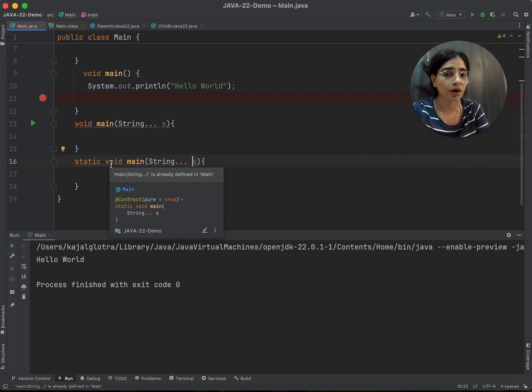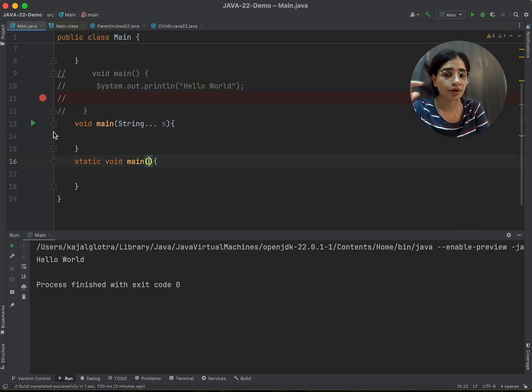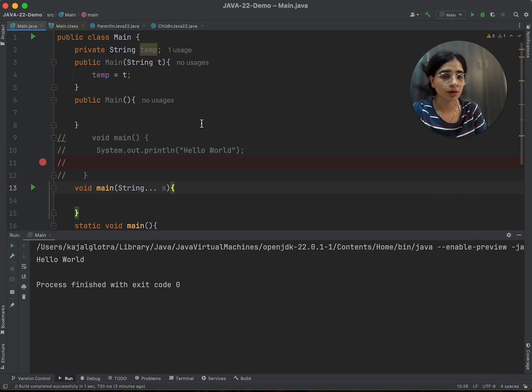Okay, so you cannot declare the static and the same instance level method. So if you have a method in which you are passing string arguments, in that case this execution will get started from that method, no matter that method is static or instance. Now user is not required to understand everything like public, static, arguments, maybe string array, right? So beginner is not required to understand now all of this thing.